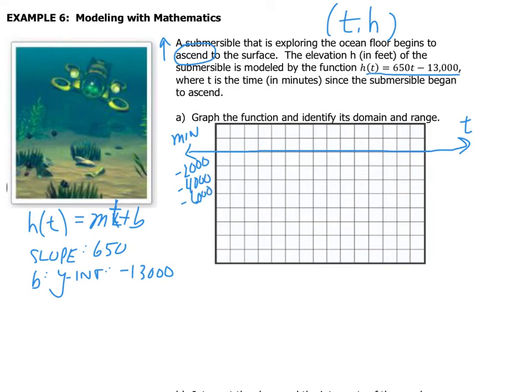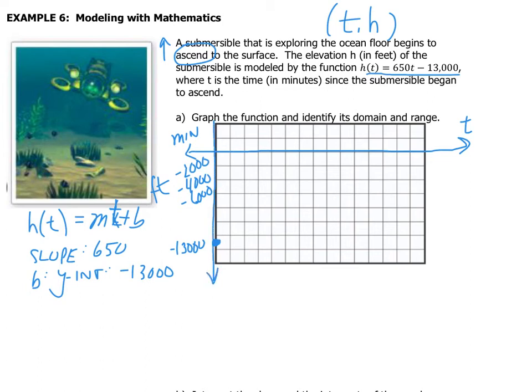So there's 6,000. So then there's 8, 10, 12, 13,000, and that's negative, would be way down here when we began our ascent. Okay? And so this is our feet, or the h. Okay? So in reality, what we're talking about here is